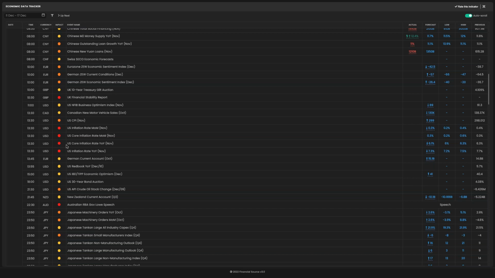The only opportunity that I see from this is if we have a big miss. So if I see the core come in below 6%, which is below the minimum expected, and if I see the headline coming in below 7.2%, which is below the minimum expected, I would see an opportunity to scalp long in gold. But I wouldn't be holding the position because the Federal Reserve are meeting on Wednesday and the volatility will probably go back through the entry. So it's only a scalp position.